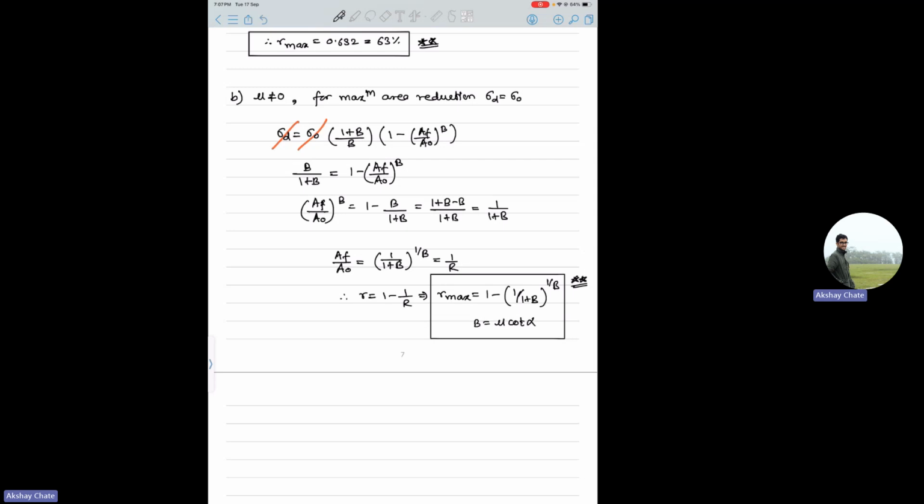Otherwise the rest of the questions are numerical based. There are some questions, and I'll just read one, because we have done such questions previously also, so I'll not do it again, but I'll just give you the idea. So what they do is, the initial diameter is 6 mm, and finally you want the diameter to be 1.34 mm, and